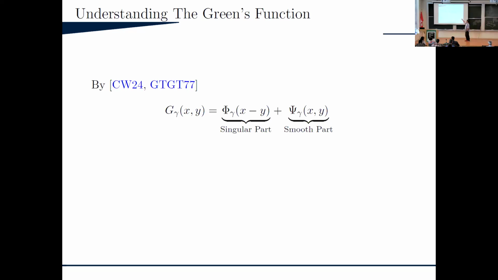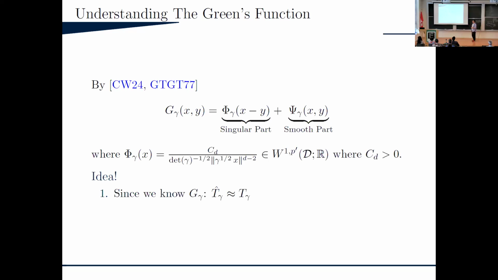There are two parts. The smooth part does not depend on the input data, g and F0, so I can approximate it very easily using some classical neural network theory. A smooth function is easy to approximate. That C gamma is not a problem. The main problem is that the Green's function is singular. It has a big spike. It's not very surprising to imagine that a function with a massive spike has such low regularity around the spike that it is impossible to approximate, right?